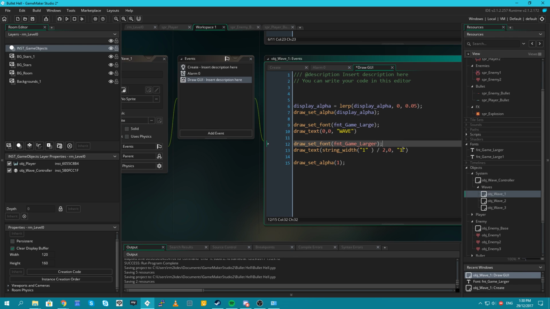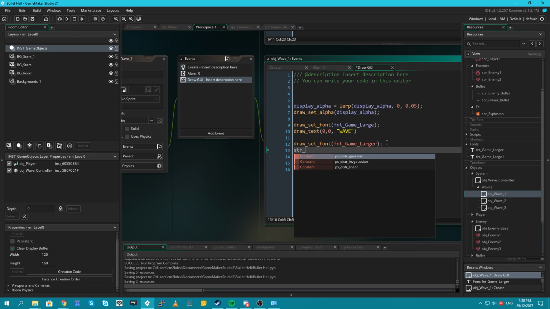Font game large, font game larger, font game largest. Yes, exactly. And then we need to take half of that. So let's just go string width equals, so we don't have to calculate this multiple times. Because, you know, I'm concerned about efficiency, and then I'm doing all of this in the draw function. It's like really efficient, right? So it should be string width divided by 2 minus half of string width.